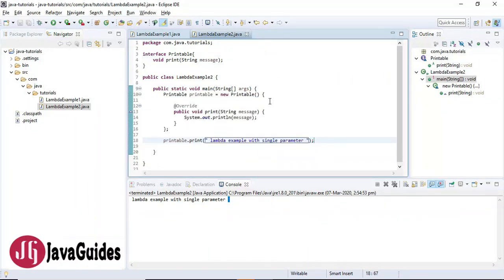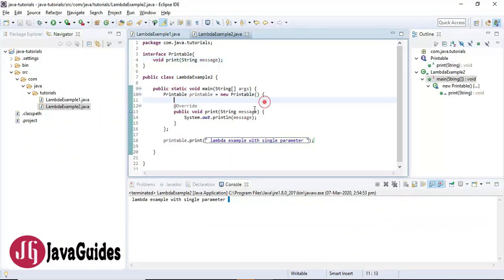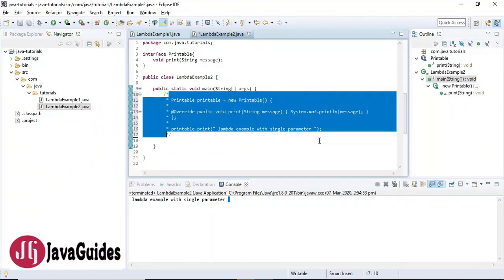Alright, so as I mentioned earlier, we can use a Lambda expression to provide implementation for a functional interface, or an interface which has only one method, and here we are using anonymous implementation for printable interface. So let's replace this anonymous implementation with Lambda expression. So let me comment out this,